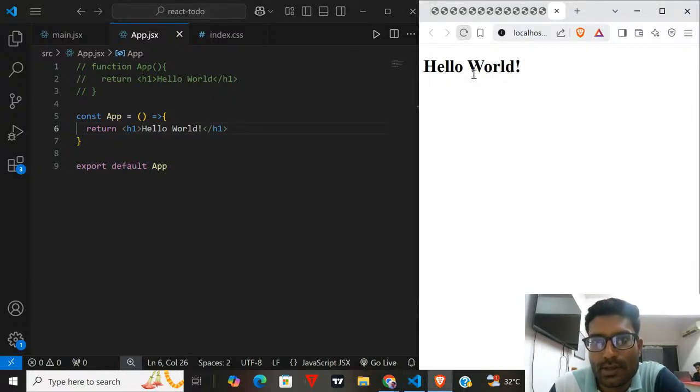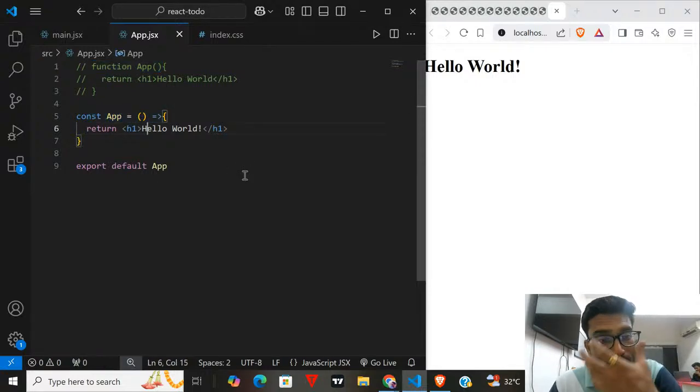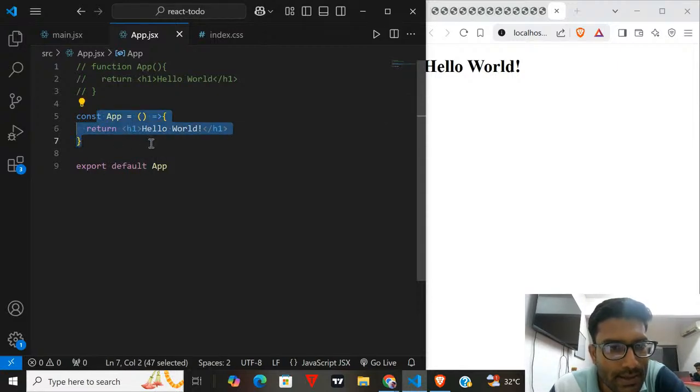You will see the same output here. So there are two methods by which you can make components in React. One is the traditional function approach, and the other one is the ES6 arrow function approach. We will stick to the latest standard and convention, so we will use the latest ES6 convention.